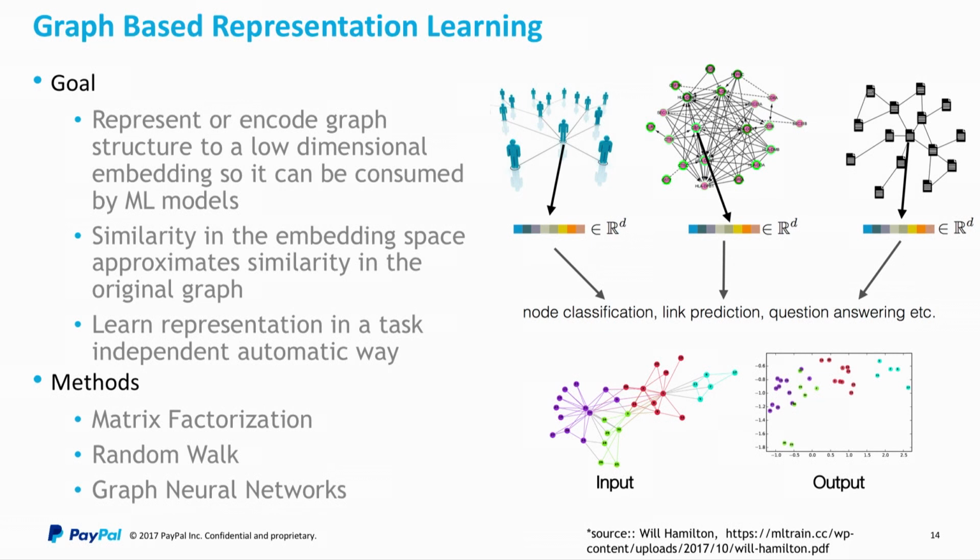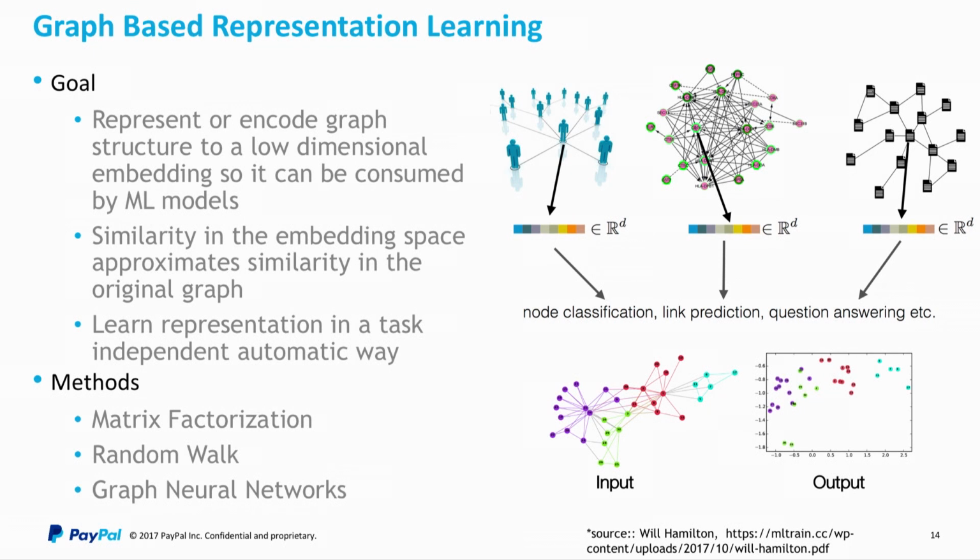Essentially, before you build a machine learning model, you need to create the features, right? And the features are, you can think of it as an Excel table with the columns representing the features and rows representing the training examples. How do you feed this graph structure to a machine learning algorithm? Almost all machine learning algorithms are trained to consume only tabular data. How can we create these feature representations from a graph structure for a traditional machine learning pipeline? So graph-based representation learning is exactly a technique to actually